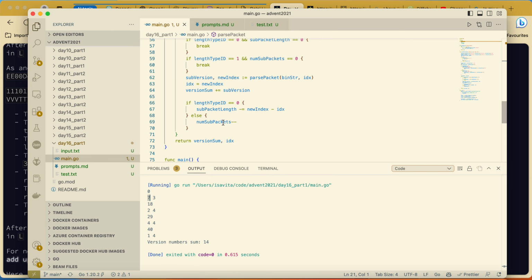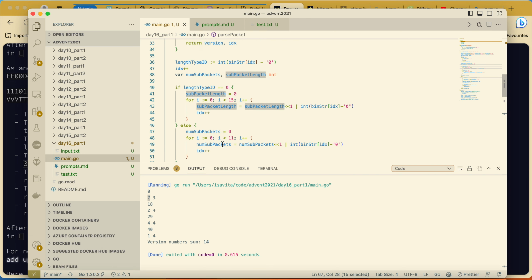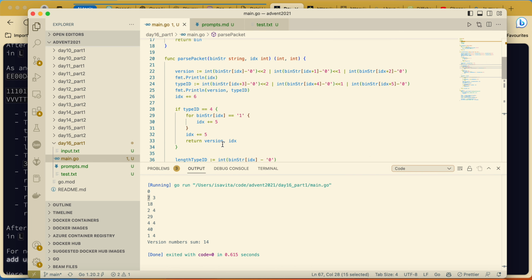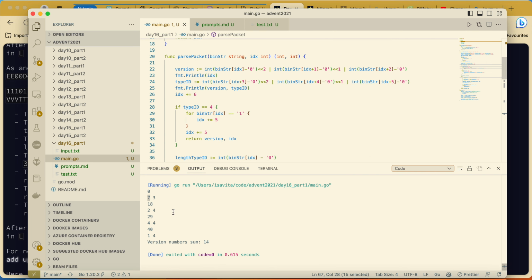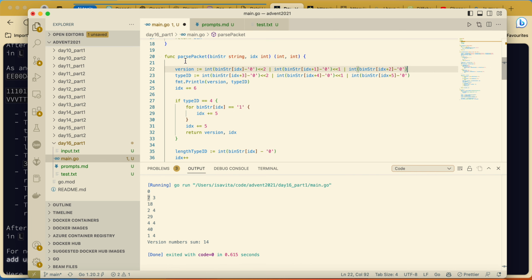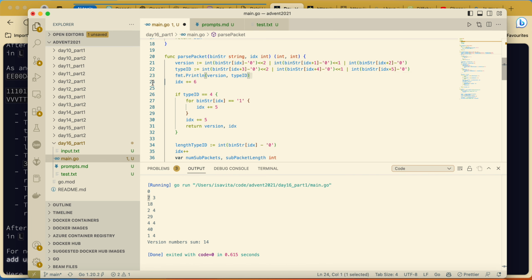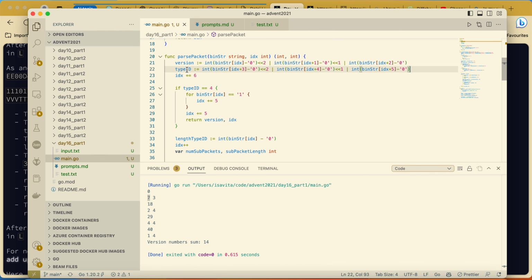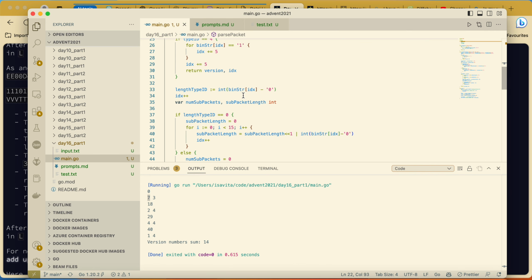Now here. Okay, we have the sub-packets length and so on. One second, let's move there, because here we have these indices. For this example, they seem to be all working perfectly fine. Let's see when we are getting the length type ID.